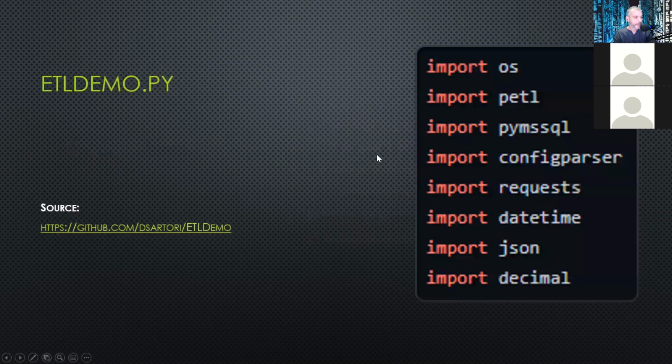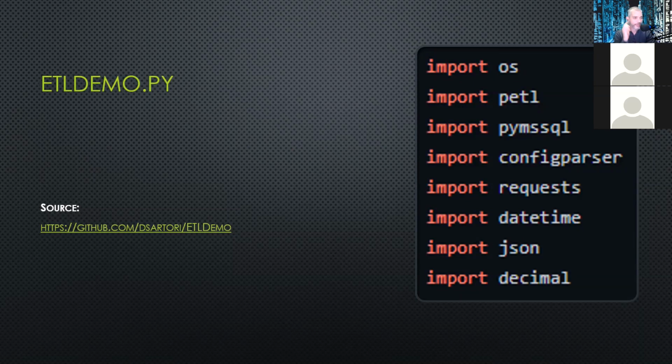And we're going to be creating a script called etldemo.py. And before we get into the actual coding, I wanted to just focus on the libraries that we're going to be using in this script, because I think it's worth talking about. One of the strengths of Python is the ecosystem of third-party modules that are available for it through its package management system. And even for a simple script like this, there's a whole lot of power available to us in those external modules. So besides petl, which we've already touched on a little bit, we're using the